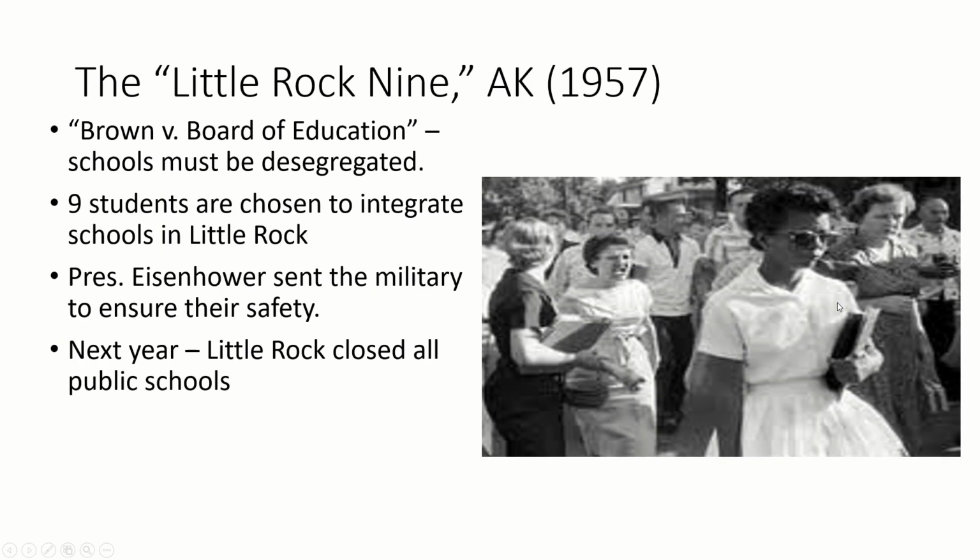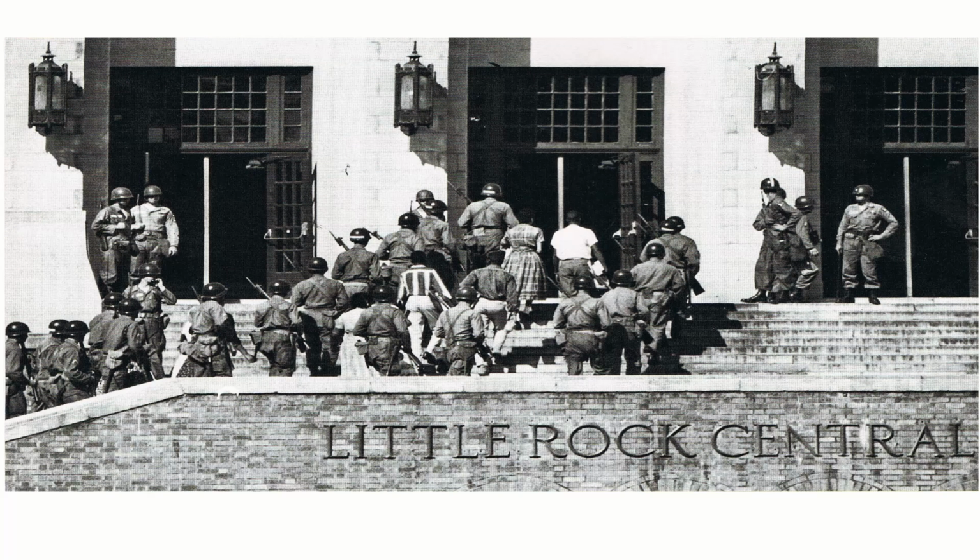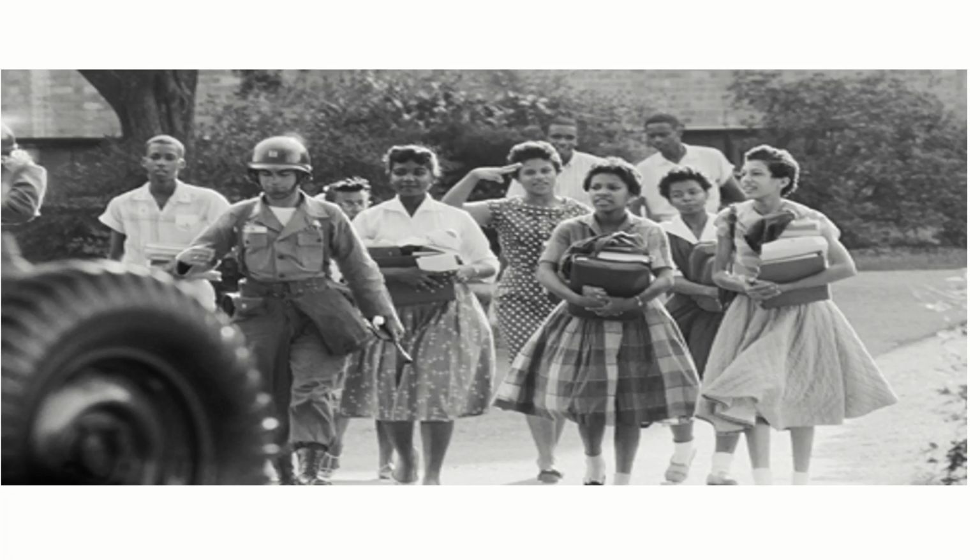However, just because a law is declared unconstitutional doesn't mean that people immediately stop following it. And so it would actually take the United States Army as well as some U.S. Marshals to integrate some of these schools. The Little Rock Nine becomes kind of the most famous of these people, but it requires the federal government to come in to make sure that these students are able to attend school. The following year, the public schools closed their doors to prevent integration, and so we're seeing that there's a lot of resistance to this idea of desegregation of schools in the South.